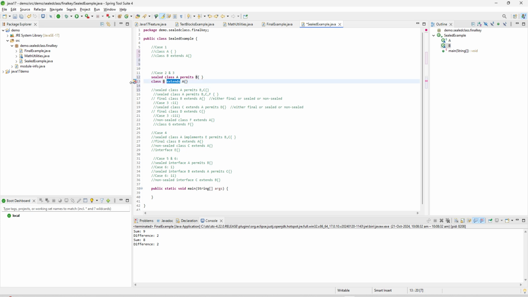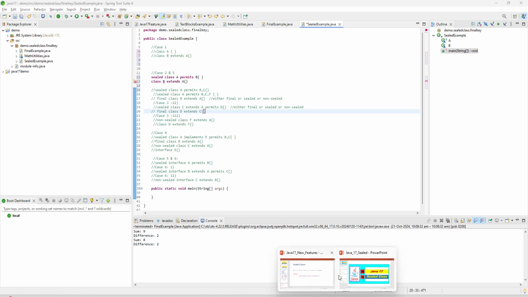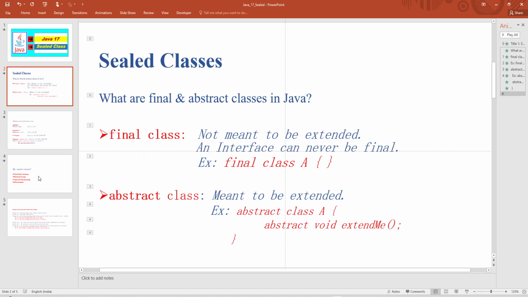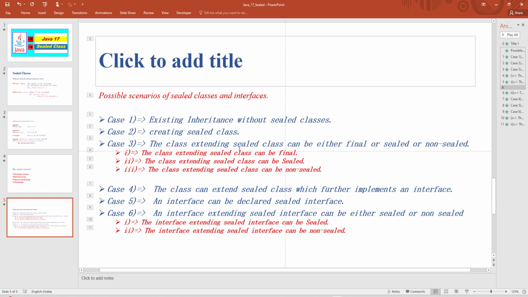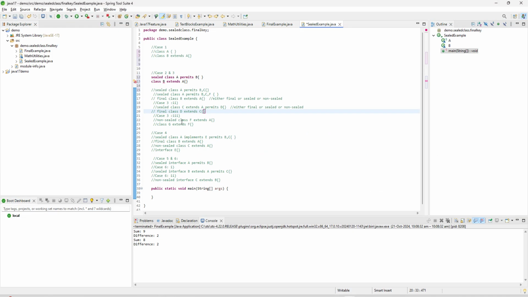Now here you can see it is showing a compile time error, because as we mentioned, the class extending a sealed class can be either final, sealed or non-sealed. We have not mentioned any modifier, so we need to mention sealed. So this is the first case, class B extends A,